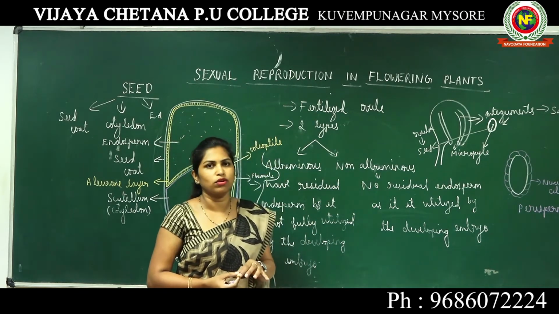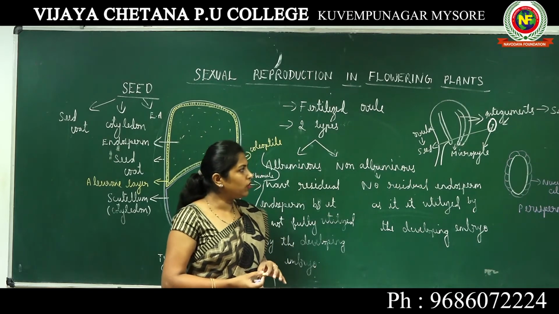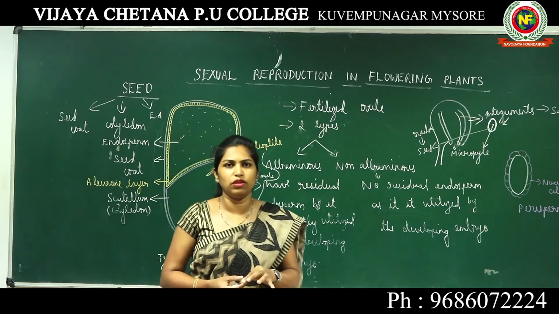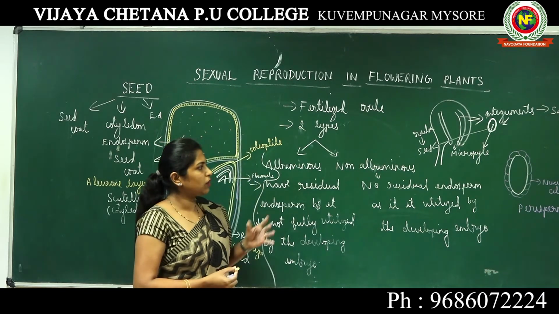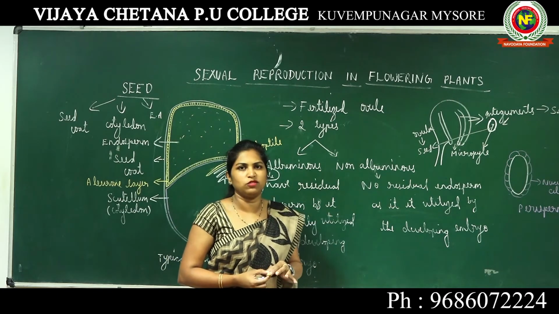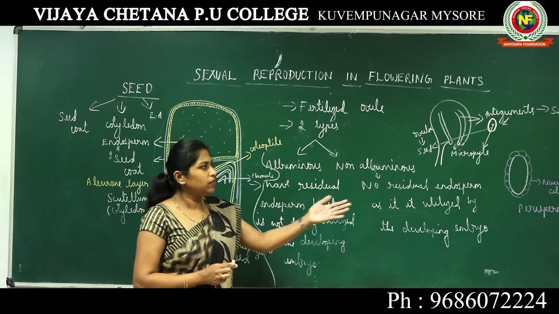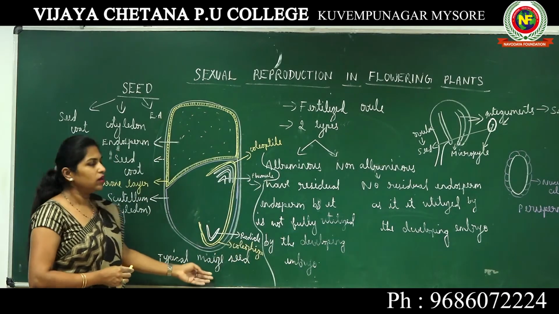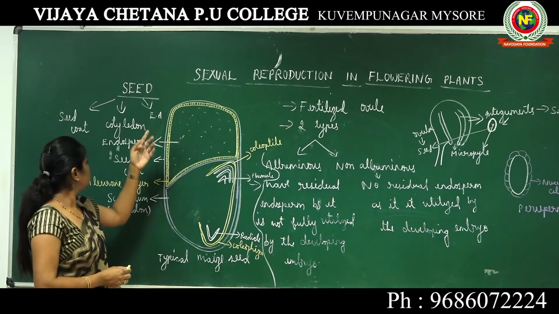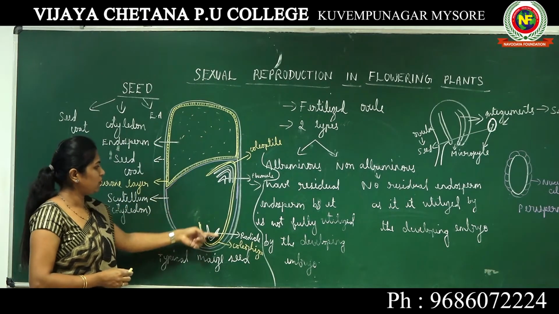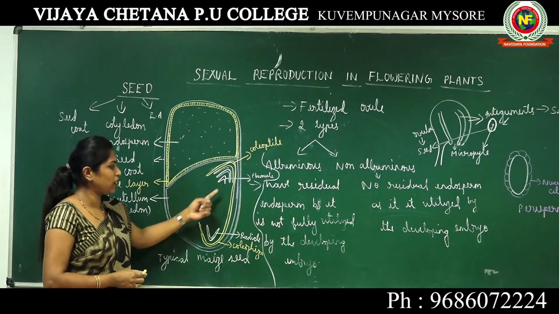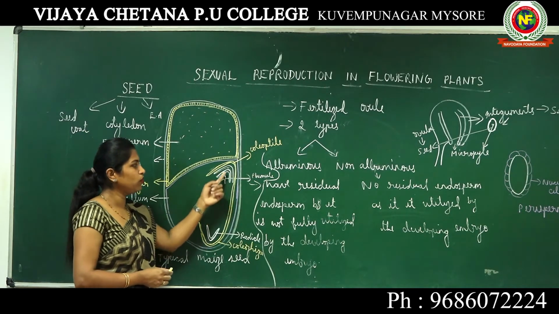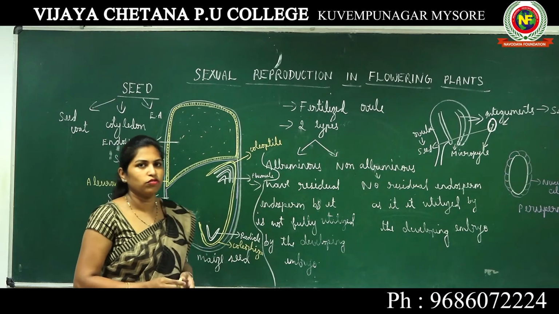It allows the entry of oxygen and water inside the ovule. Now, in a few seeds, the remnants of the nucellus will be seen inside the seed. Such a condition is known as perisperm. If the nucellus is remaining inside the seed, that part is called perisperm. Then, in the structure of a monocotyledonous seed, we have a seed coat, a cotyledon, and an embryonal axis. In the embryonal axis, we have both plumule and radicle, and we have coleoptile and coleorhiza. We have a few leaf primordia here. This is the structure of a typical seed.